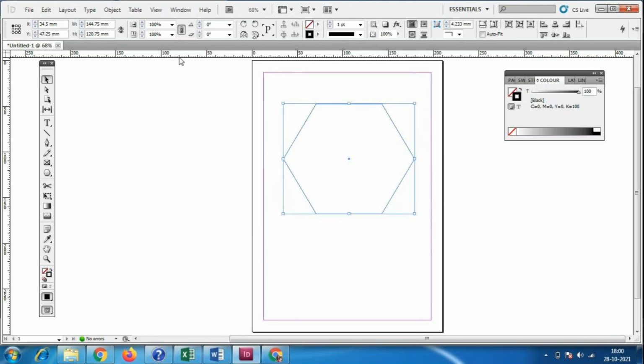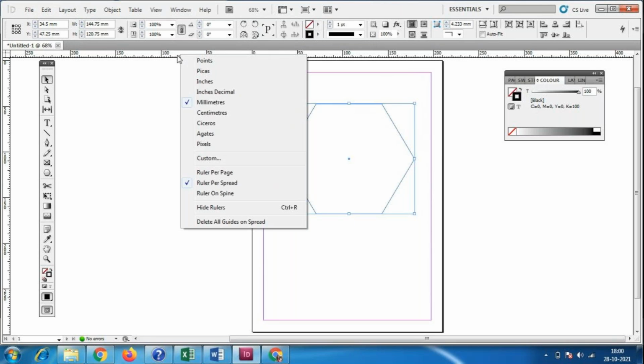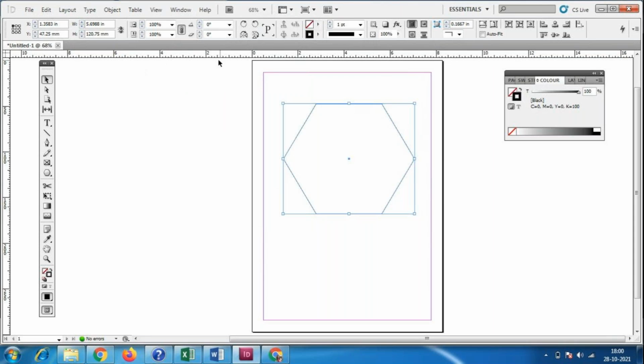Okay, so always click here in the ruler option. You can easily get to know there is an option of inches, millimeters, centimeters, and pixels. All these options are available here if you right-click on the ruler. Otherwise when you take a new file, you will have the options. Any of the options you can select. Always we are taking inches, because we are taking the measurement with the scale. So that's why we have to use inches.